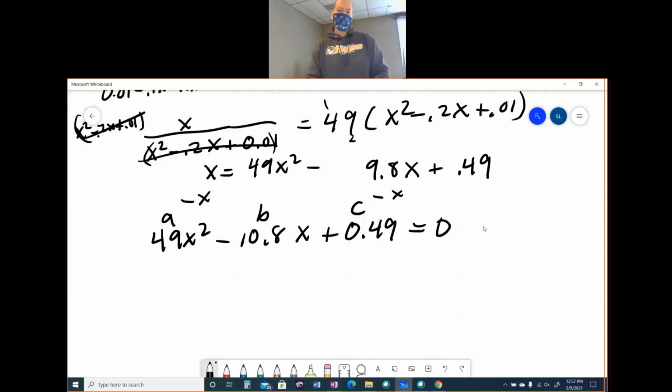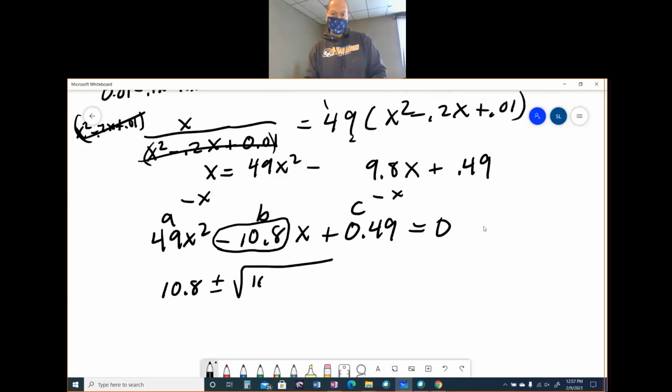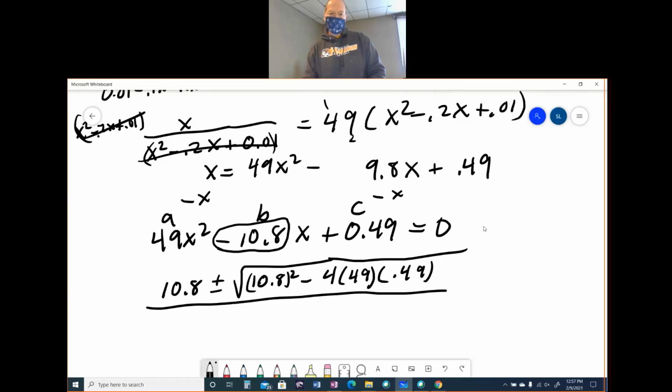So you plug it into the quadratic formula. You have your 10.8, so negative B, but B is negative, so that makes it positive there. Plus or minus, you're going to square it, so you can put it as positive. It doesn't matter. If it says negative and you square it, it becomes positive. Minus 4AC, all over 2A. All right, so now